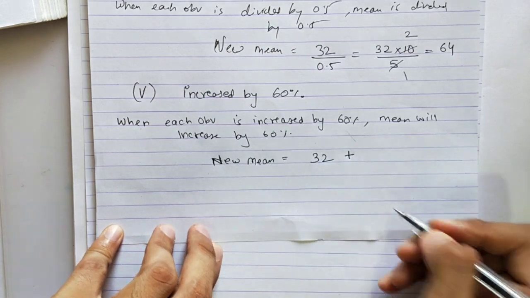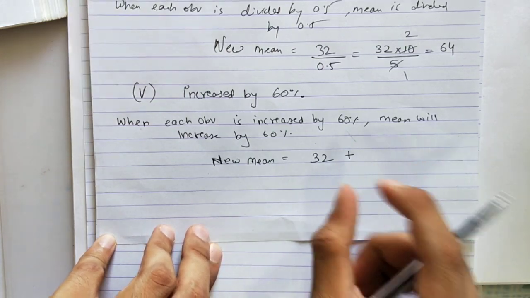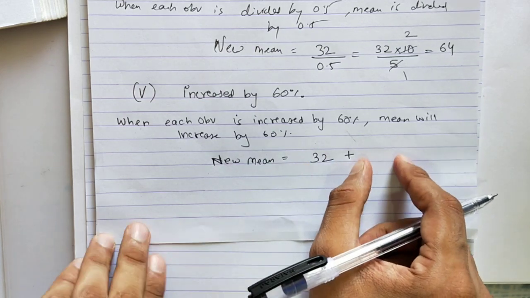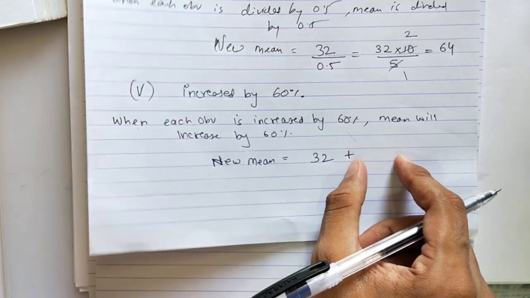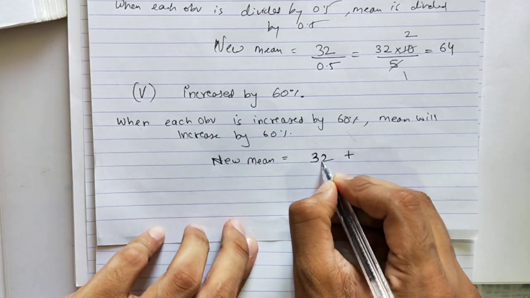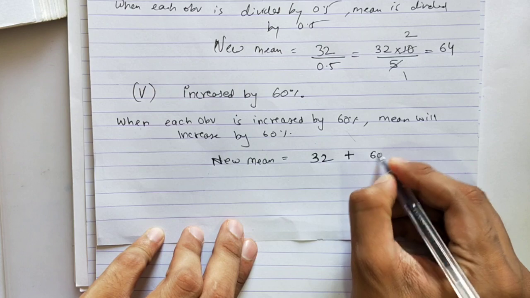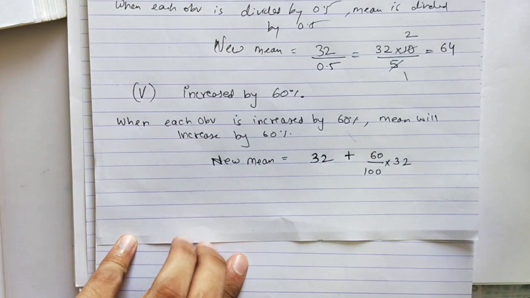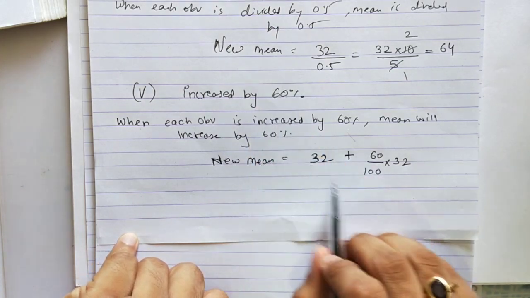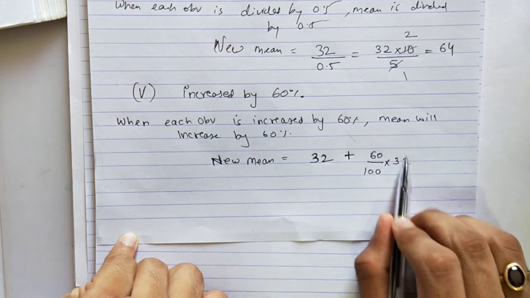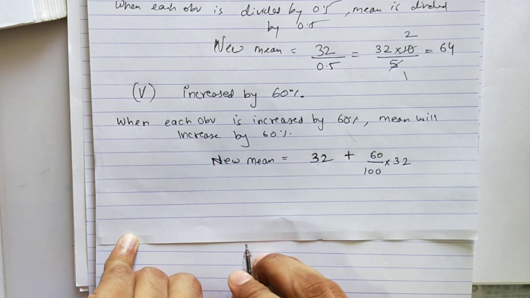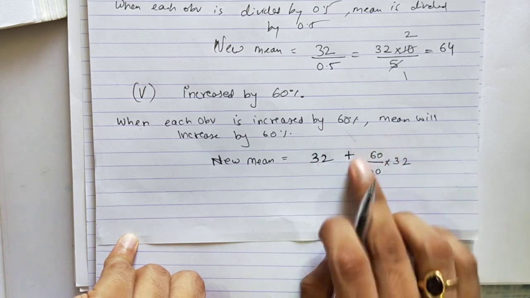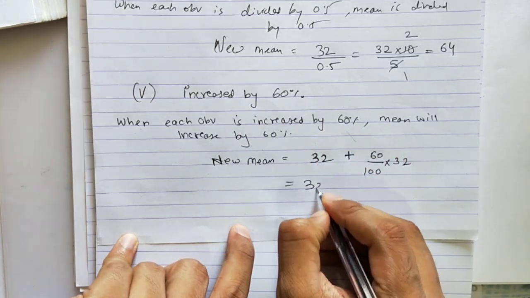32 plus, we have to increase by 60%. So in 32, we have to add 60% of 32. Increase by 60% means in 32 we have to add 60% of 32. Whatever value is there will get added in 32 because the mean is increasing by this value. So 32 plus